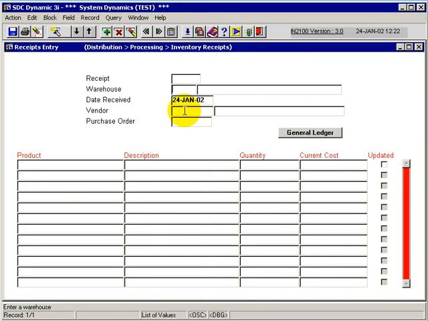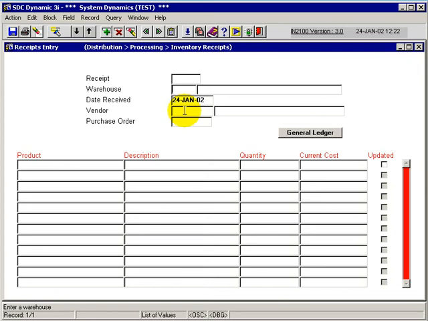If no general ledger account is entered and the transactions are required, they must be manually entered in the general ledger journal entry, which is GL 1100. And there are two other methods of creating receipts that create GL transactions. One would be through the purchase order entry with the Dynamic 3i purchasing module and actually do PO receipts. And the other one is adjusting the stock with adjustments entry in the inventory, which is covered in another tutorial